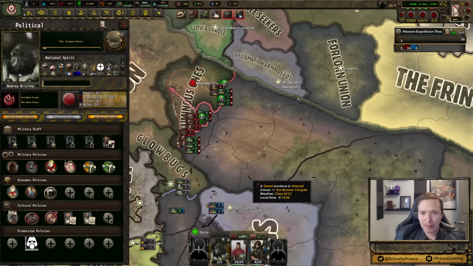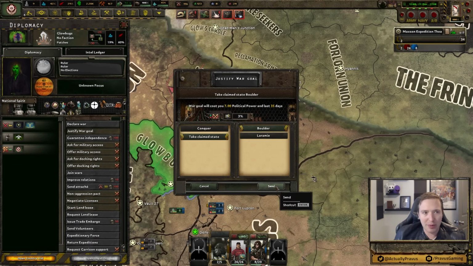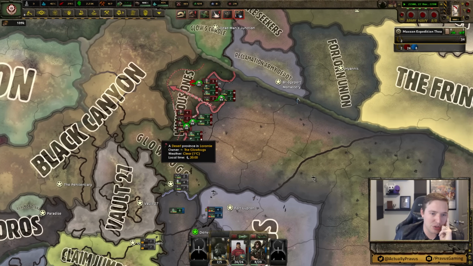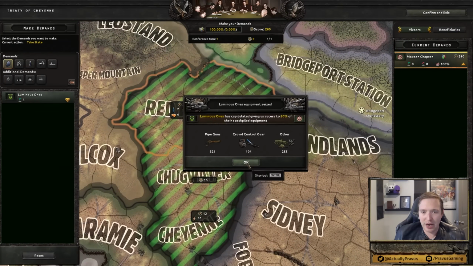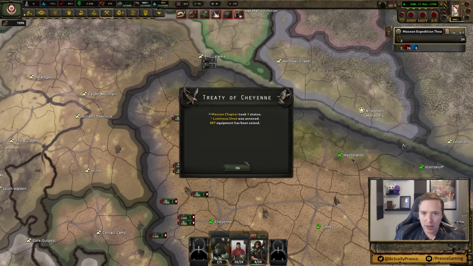Maybe? I don't know. You want to just go ahead and justify a goal, by the way? I think we should just go ahead and start. I don't know if we're going to get a claim out of this arrangement. I didn't see one, but let's just go ahead and start making a war goal, just so we're ready. Should be getting into Red Mountain there. Boom. Alrighty. Let's go ahead and take everything there. And that's looking pretty